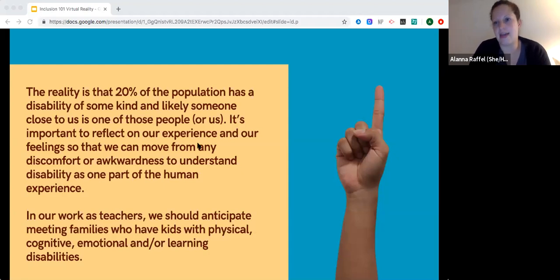We wanted to address that 20% of the population has some kind of disability. So that means that more than likely you know someone with a disability, you're related to someone with a disability, or you have a disability, or if you don't, you may someday, if you live long enough, God willing, either temporarily, permanently, or situationally. I think for a lot of people, thinking and talking about disability brings up some feelings of mortality and vulnerability, and there's a bit of a barrier there because it can feel awkward. That's why I think of disability as part of the human experience, part of the human condition. It's something that most people will experience to some extent at some point,